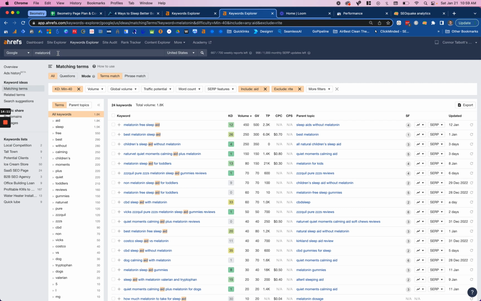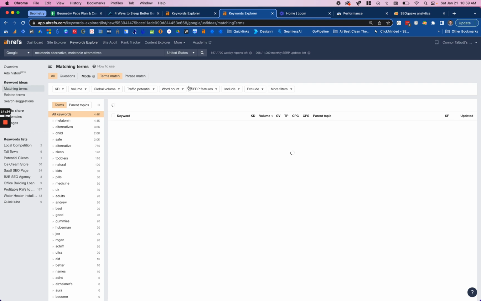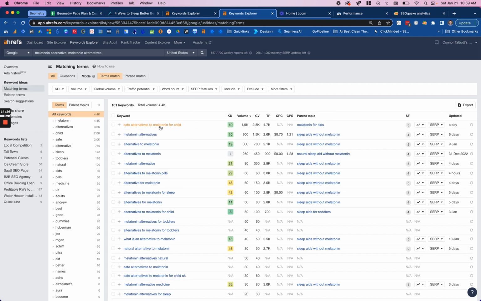But we were also going to do melatonin alternative. Melatonin alternatives. Wow, we could really expand this article.